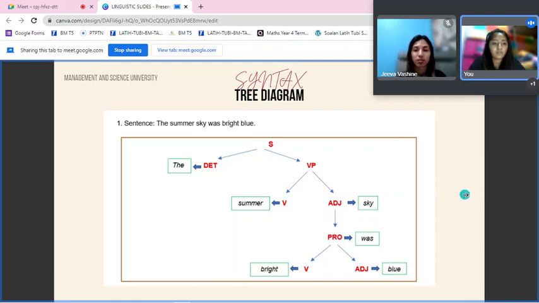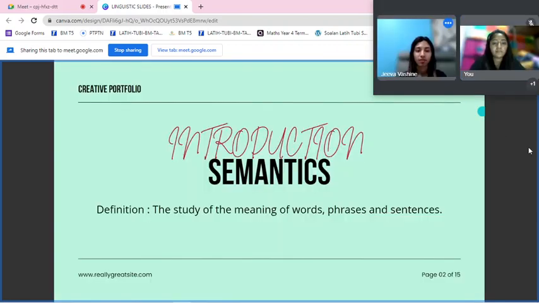Okay, so moving on to Jiva. So I'm going to talk about the introduction of semantics. The definition of semantics is the study of the meaning of words, phrases, and sentences. So there are two types of semantics, two categories, which are conceptual and